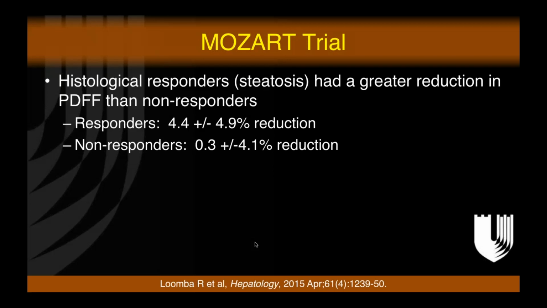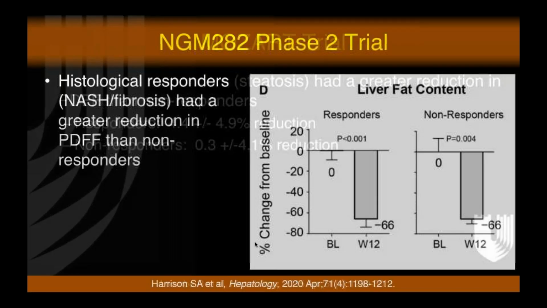Now, how much liver fat do you have to improve to say that things are getting better? Well, there's a trial from about 5 years ago called the MOZART Trial that showed that histologic responders in terms of steatosis tended to have higher liver fat improvement as measured by PDFF, and that number was somewhere between 4 and 5% reduction in PDFF. In relative terms, this correlates to about a 30% relative reduction in PDFF. So if you have a patient who starts with a PDFF of 10 and they go into treatment, and after treatment their PDFF is less than 7, then you can say, well, this person has a high likelihood of being